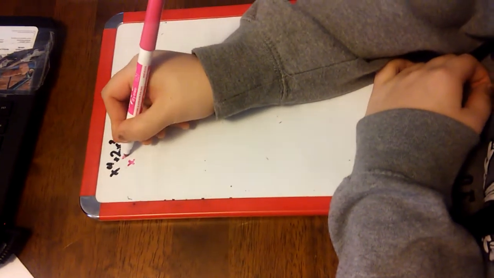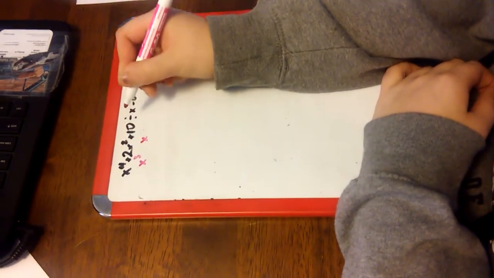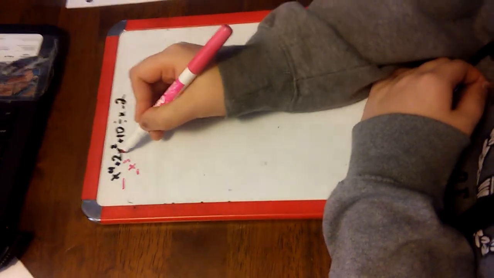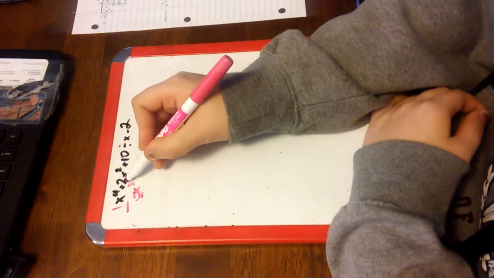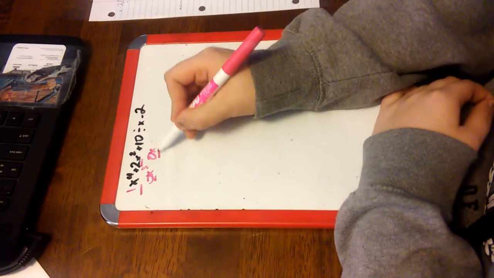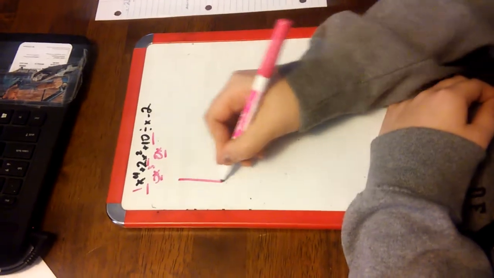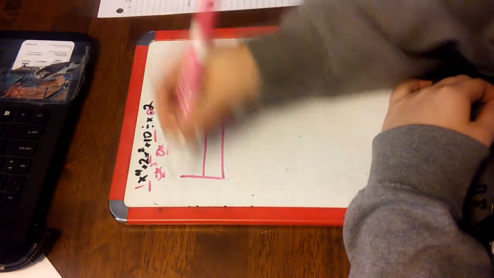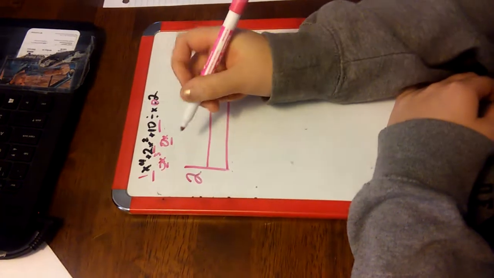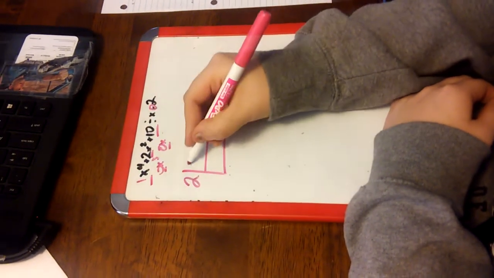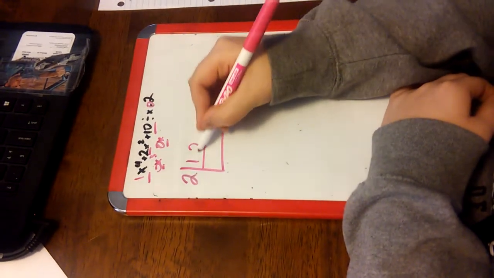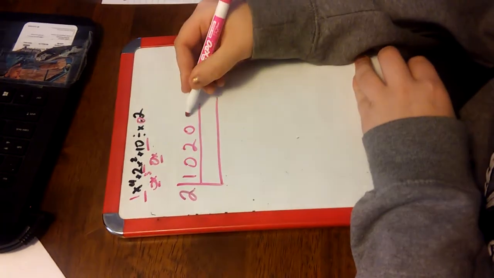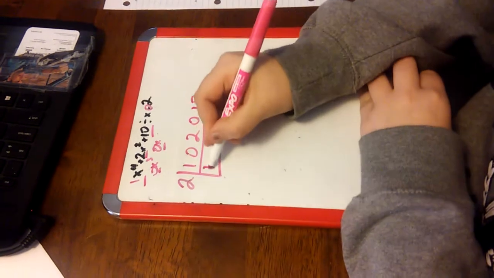So you're still missing your x to the third, and you're missing your x. So right here you have a 1, 0 here, 1 here, and you have a 2, you have a 0, and you have 10. What you do, take this, since this is a negative, you put a positive 2 over here. Since you have 1 there, you put 1, that's a 0, that'll be 2, you have 0, and you have 10. Bring the 1 down,